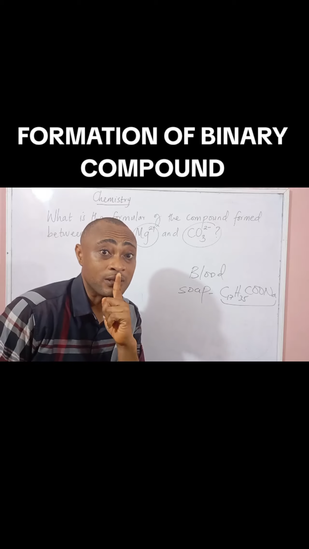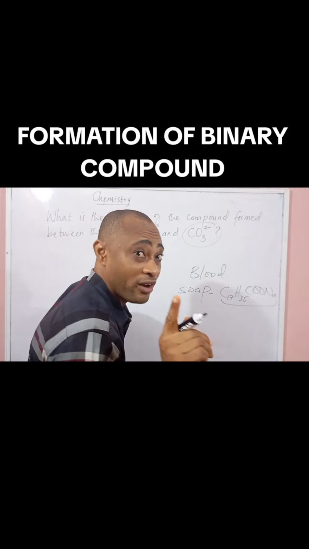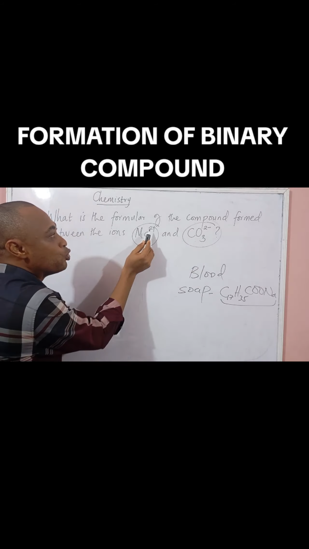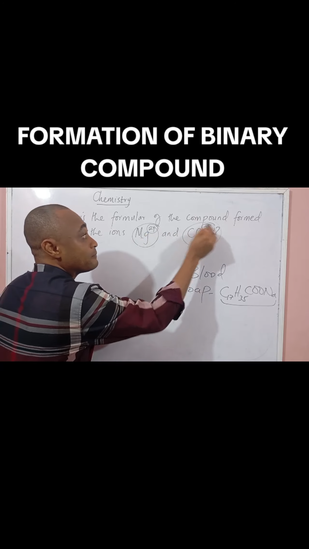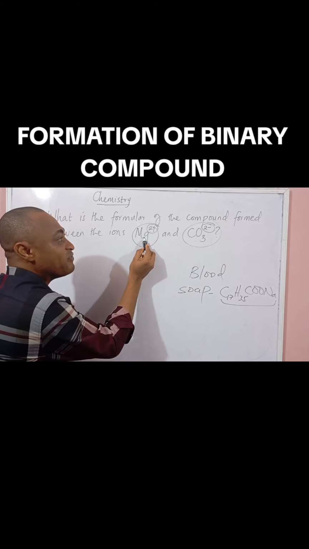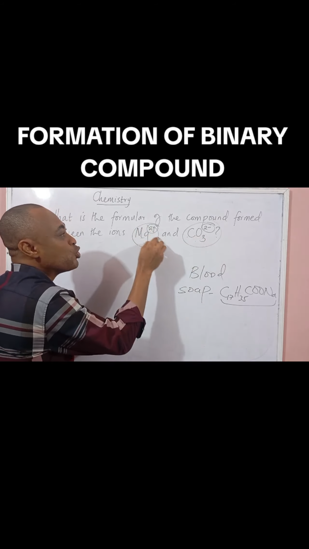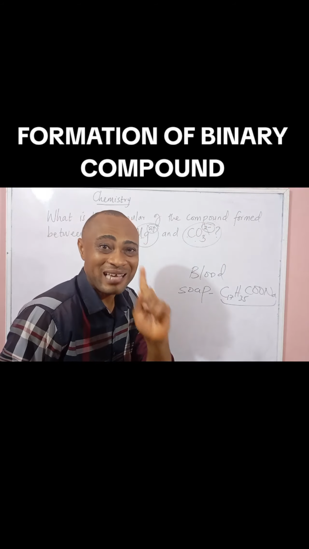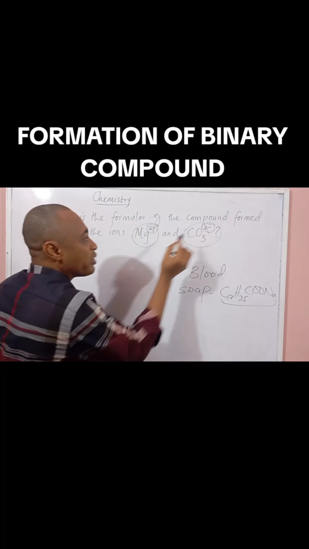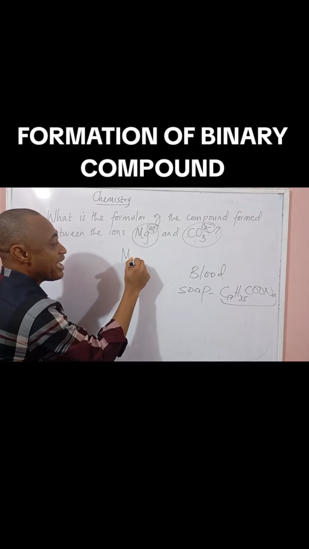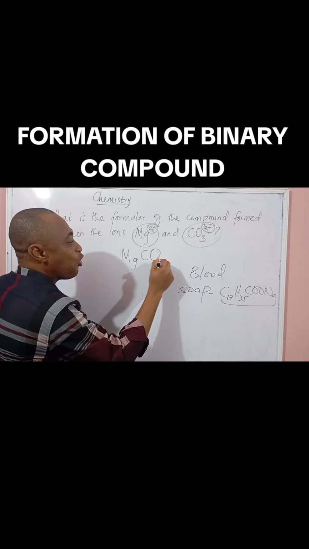I give you a secret. Tell no one. Keep it to yourself. If you want to combine ions, all you need to do is look at their valencies. What is this? 2 plus. Look at this. There's a 2 minus. So if these two are to combine, the 2 will cancel out. Now they are only cancelling out because the numbers are the same. So 2 and 2 will cancel out. So the formula formed between this and this is just going to be MgCO3.